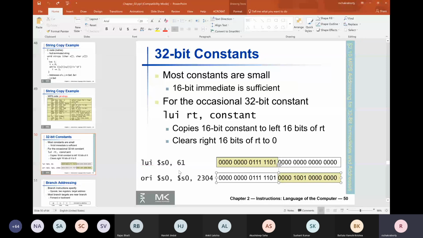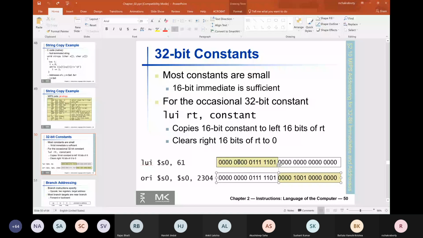And the LUI instruction also forcibly clears the right half to all bit 0. An additional property: all the remaining 16 bits up to the LSB are cleared to all bits 0.